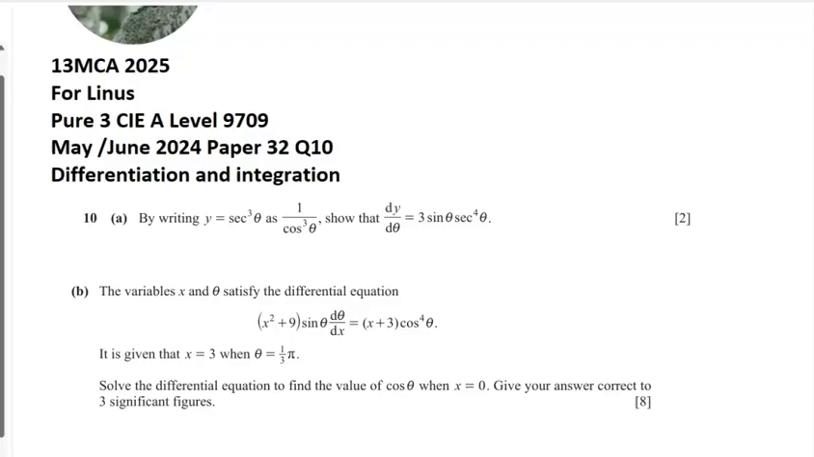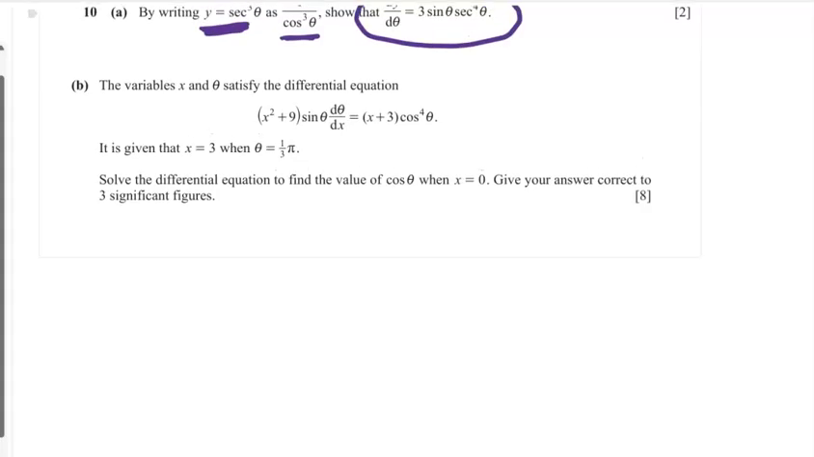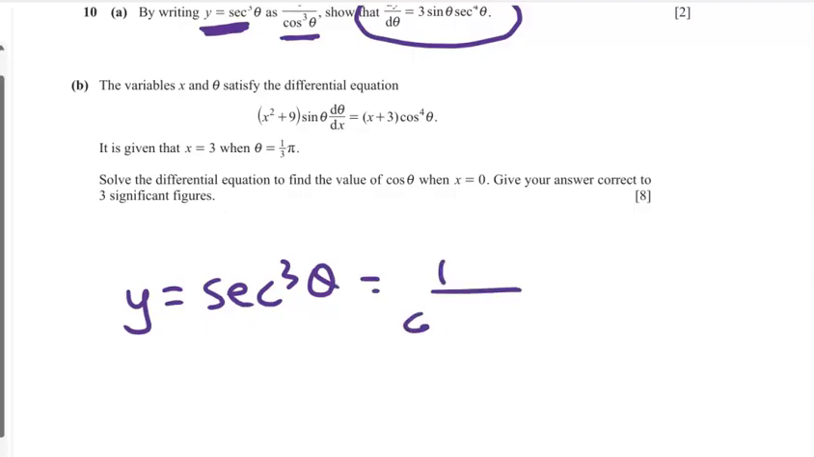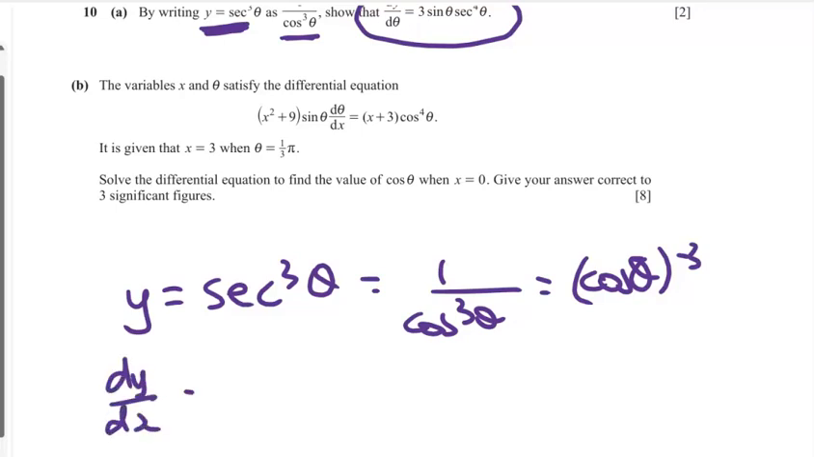So let's have a look at what we've got. In the first part, we have to change y equals sec cubed theta into this, and then we have to show that this is true. All right, let's pop down here lower on the screen. So we've got y is equal to sec cubed theta, which is equal to 1 over cosine cubed theta, which we're going to write straight away as cos theta to the power of -3. And that means that dy by dx will equal